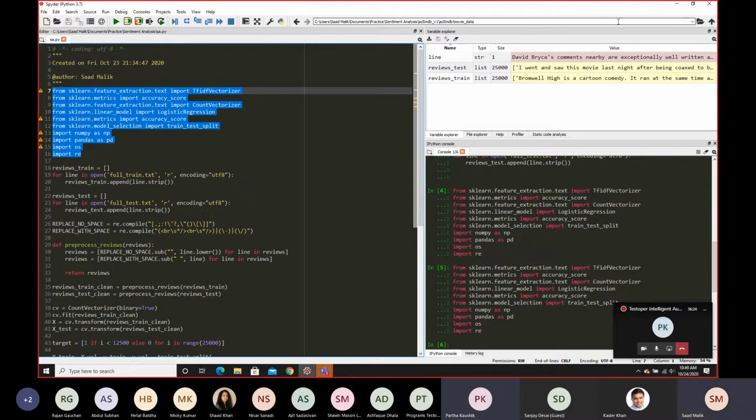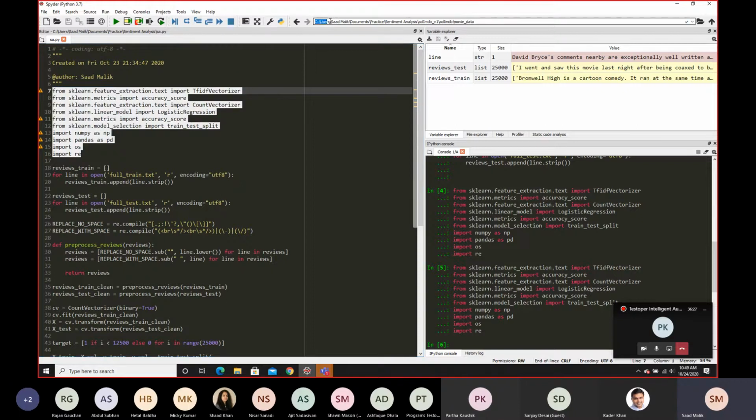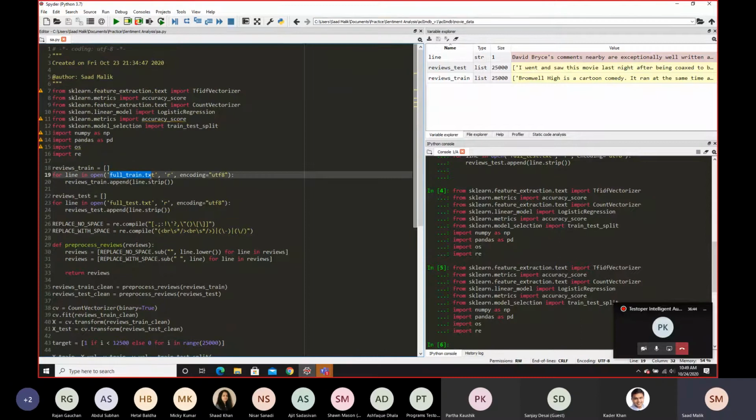So it depends, right? On Spyder, you have this, and this is good so people can learn how to use the IDE as well. So you have this line on the top. This is the address of where Spyder is currently looking. So if you're pointing to the directory where fulltrain.txt exists, then you don't have to write anything except fulltrain.txt, right?